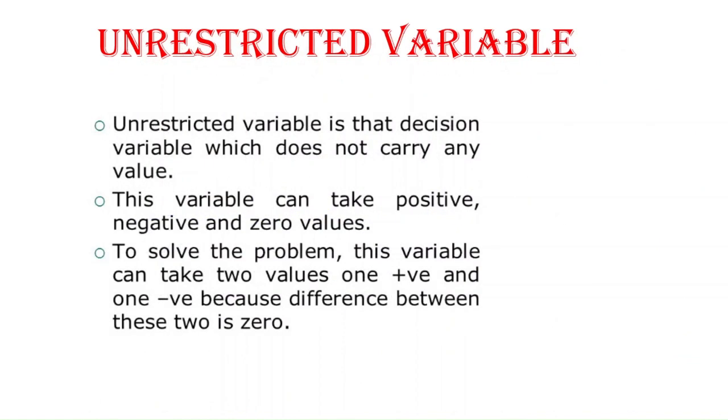So before moving ahead, let us talk about another thing, that is the unrestricted variable. The unrestricted variable is that decision variable which does not carry any sign with it, right? That means we don't know whether it is positive, negative, or zero. So in such a case, when nothing is given for the particular decision variable, we consider it to be unrestricted. So if xi is unrestricted,